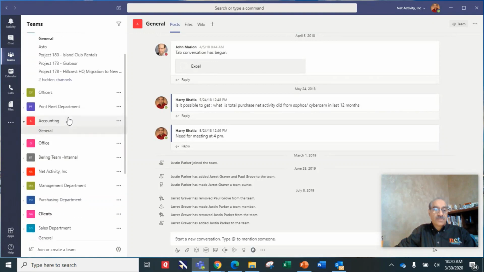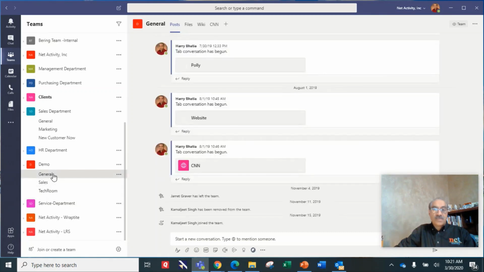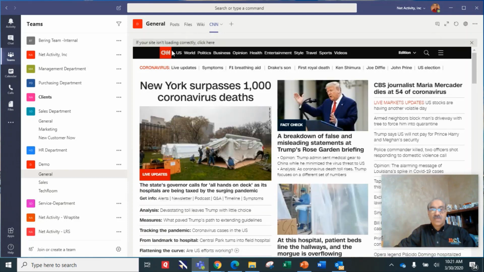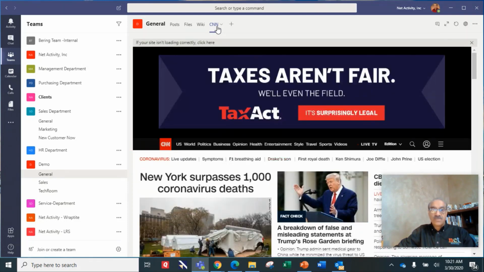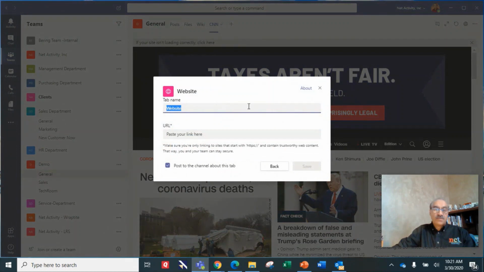So looking at teams further, I have a team called demo, for example. If I get into demo, I can see what posts are there. I can also, in my tabs, attach websites, for example. So here's right now what's going on at CNN. Very simple. Click on plus, choose what you want to do, add a website, right? And you can do HTTP. You have to give the name. Let's say we wanted to add Net Activities website, and we can go in HTTPS. It has to be secure, and www.netactivity.us. So that gives us